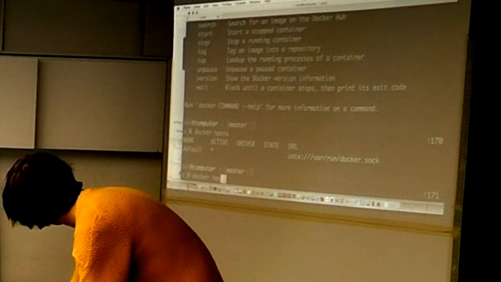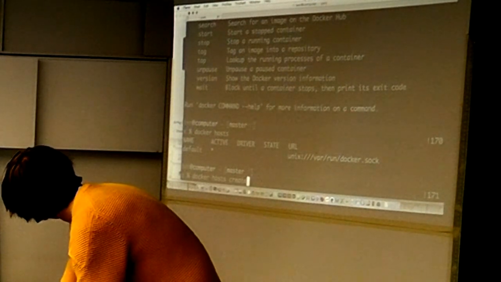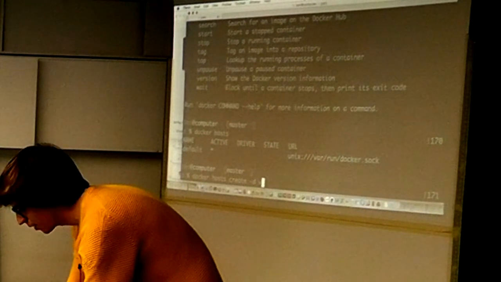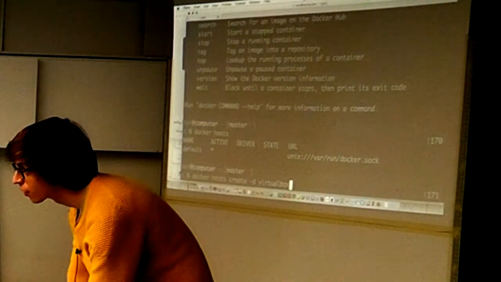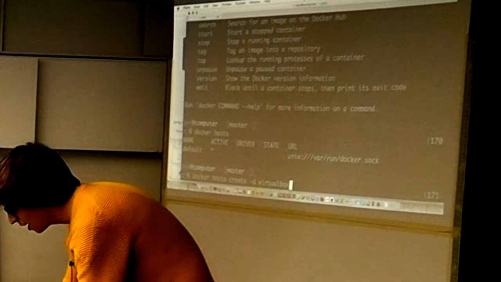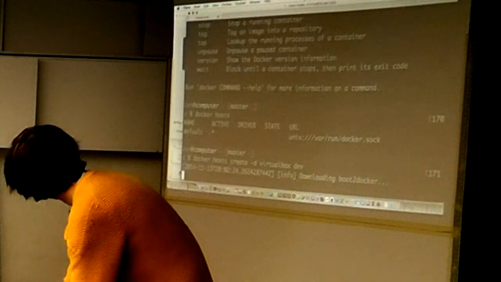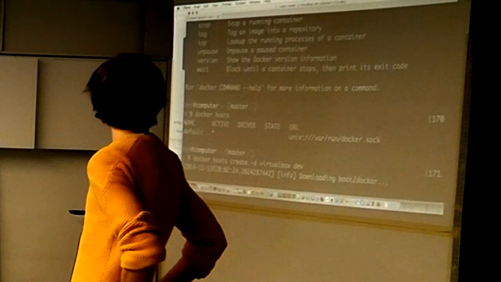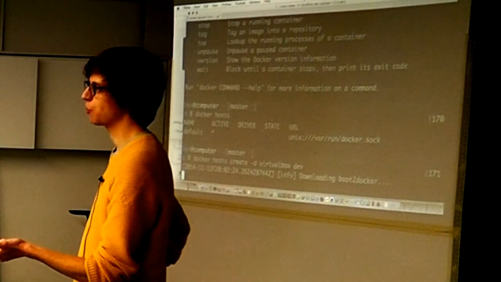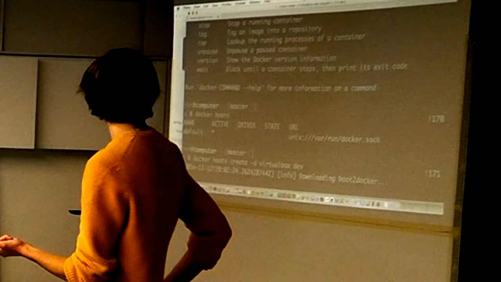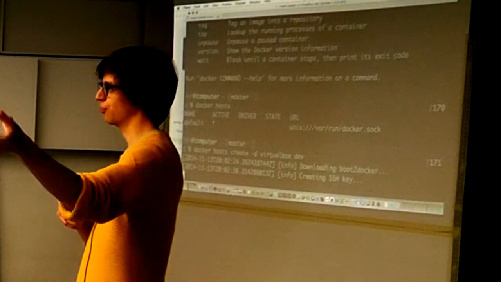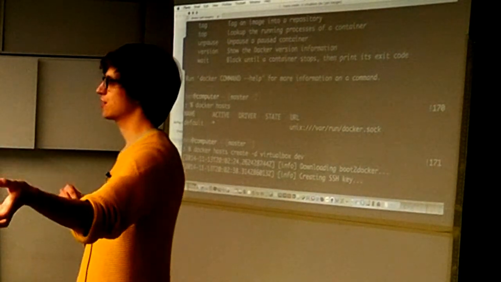So I can say docker hosts create on VirtualBox, which is the way that Boot2Docker out of the box creates virtual machines. Create a new host called dev. From this single Docker binary that we downloaded from the Docker website, we can now spawn off a Docker daemon running inside VirtualBox.